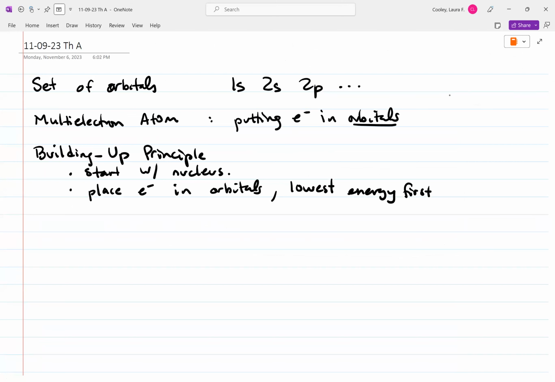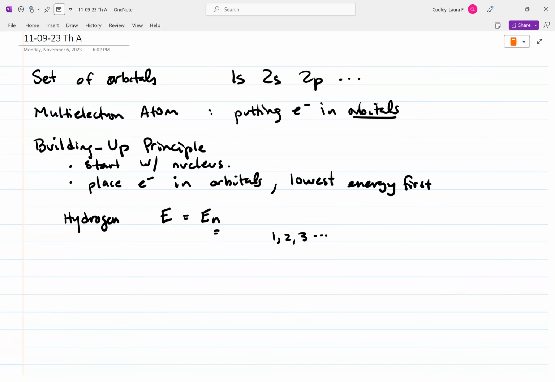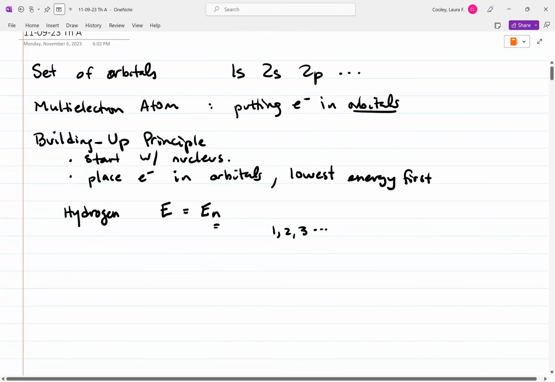So this brings up a problem right away. Because in hydrogen, what we've studied so far, we know that the energy depends on the n quantum number, which can be n equals 1, 2, 3, etc. And in hydrogen, you have an electron in the lowest orbital. You could put it in a different orbital, but that would be an excited state, right? You can excite these electrons with light. But for the ground state of hydrogen, you would want to be putting that